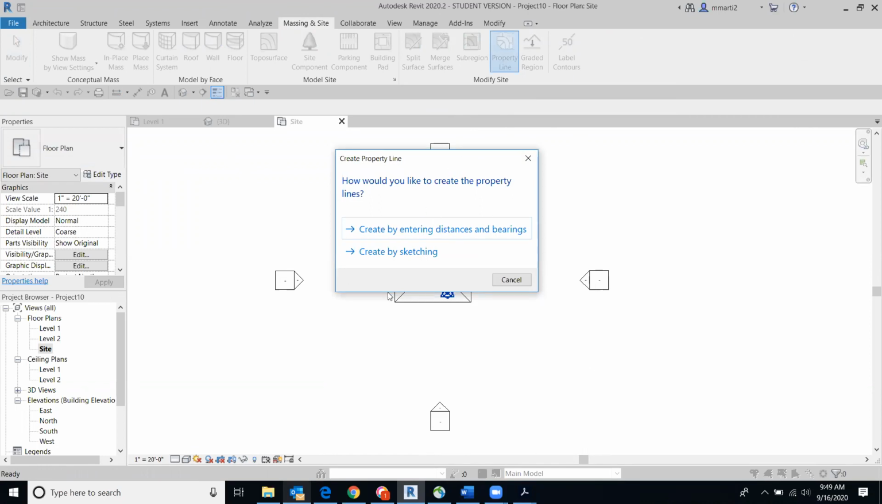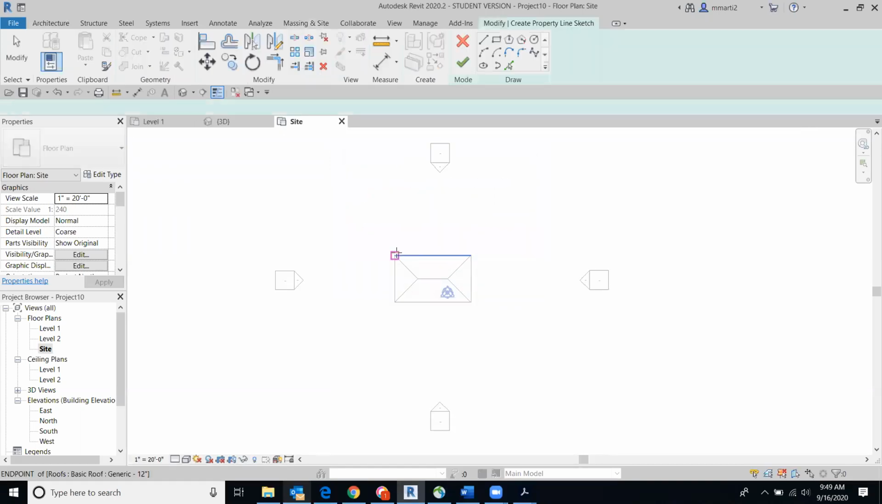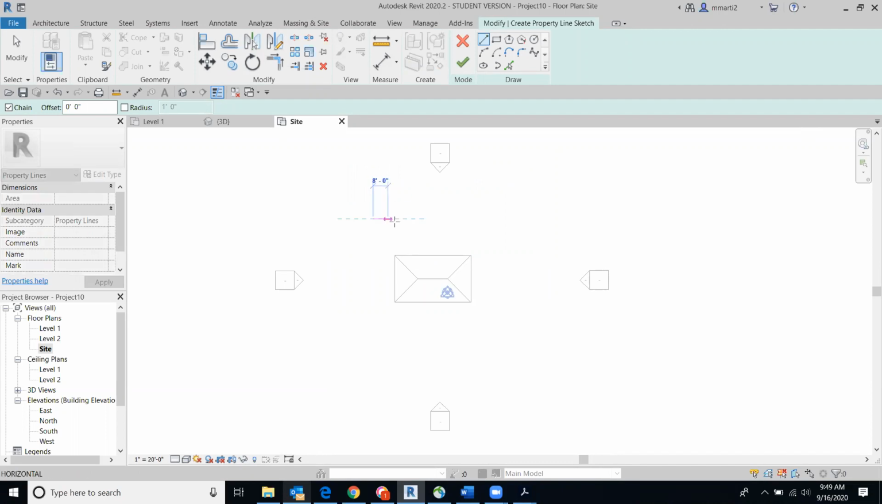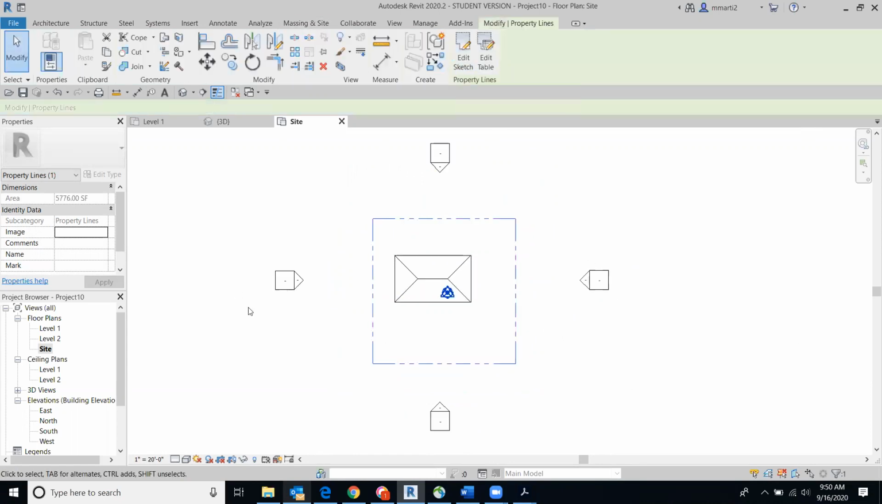Create by entering distances and bearings, which we do not have, or create by sketching. Create by sketching is good for the projects that you have now because it'll just give you a chance to lay out the size of that site. For example, if we have a site that's, just do 76. If you have the actual measurements of your lot, you can use that. Once you have your lot size laid out,